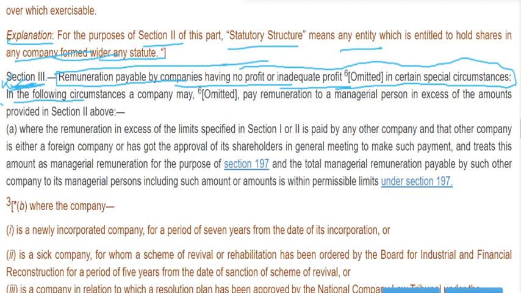In the following circumstances, a company may pay remuneration to managerial personnel in excess of the amount specified in Section 2 above. What are the circumstances where the remuneration in excess of the limit specified in